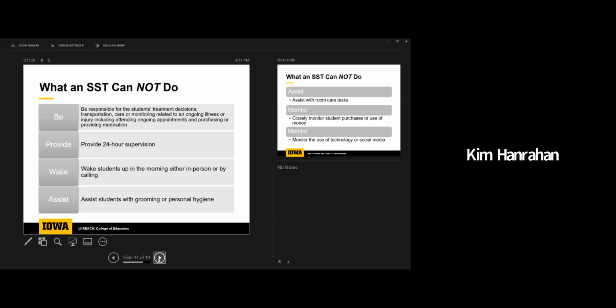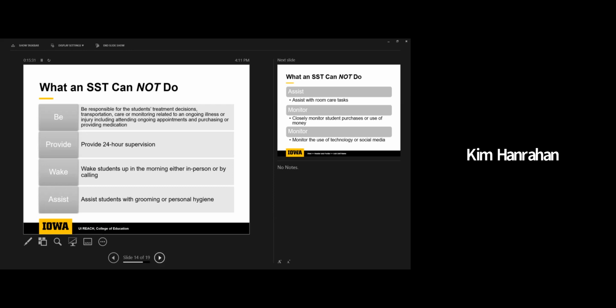Most of you probably already know that. We can't wake students up in the morning either in person or by calling. We just can't. Instead, we're trying to support that student in learning how to be independent in that skill. Sometimes it takes a month or two when they first come, but maybe starting that over the summer could be beneficial for a student, having them set an alarm, get up on their own, be prepared, get dressed, all of the things that you do in a morning routine that might help them as they transition to campus in the